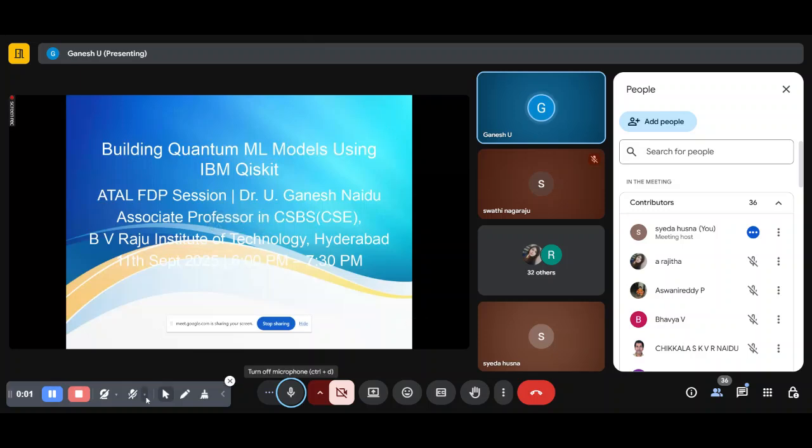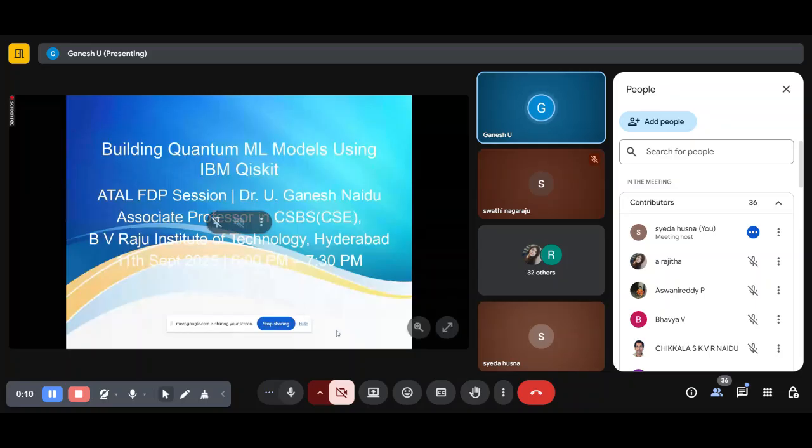Today in this session we will discuss building quantum ML models using IBM Qiskit. Actually, quantum computing technique is not a new technology as compared to